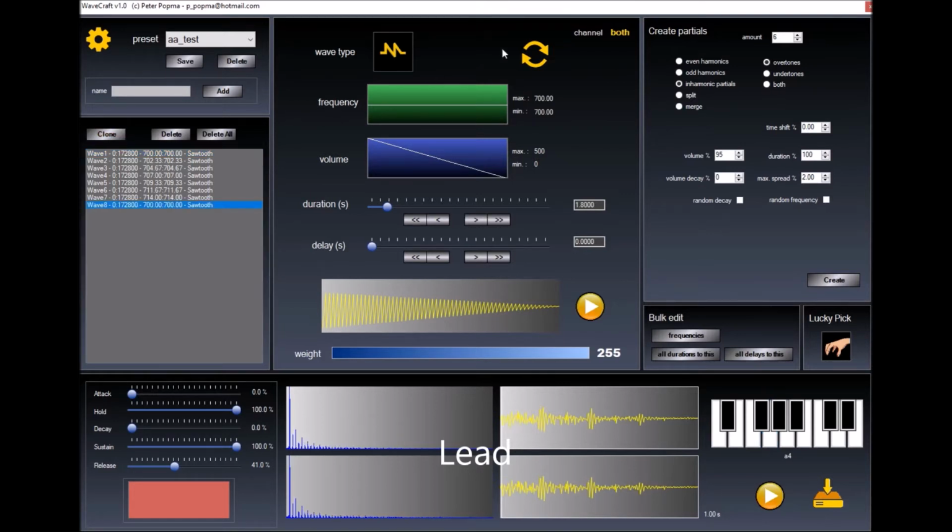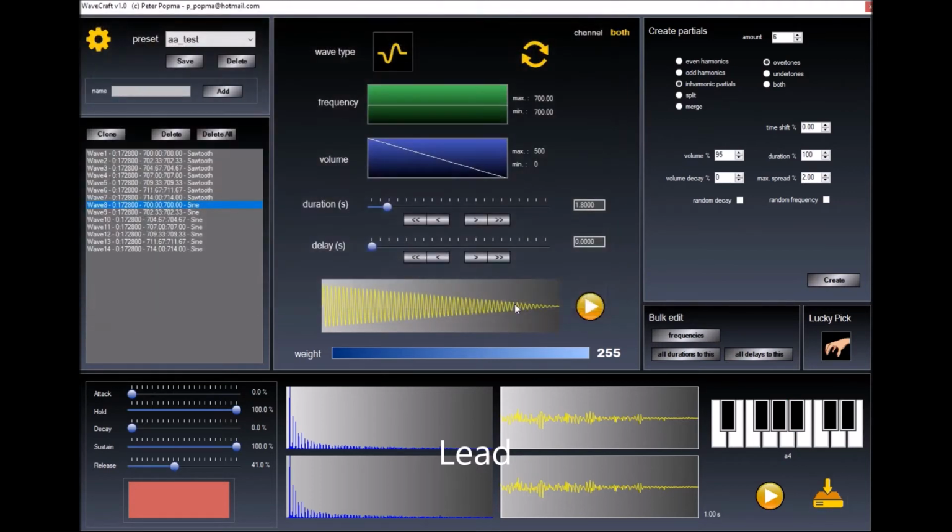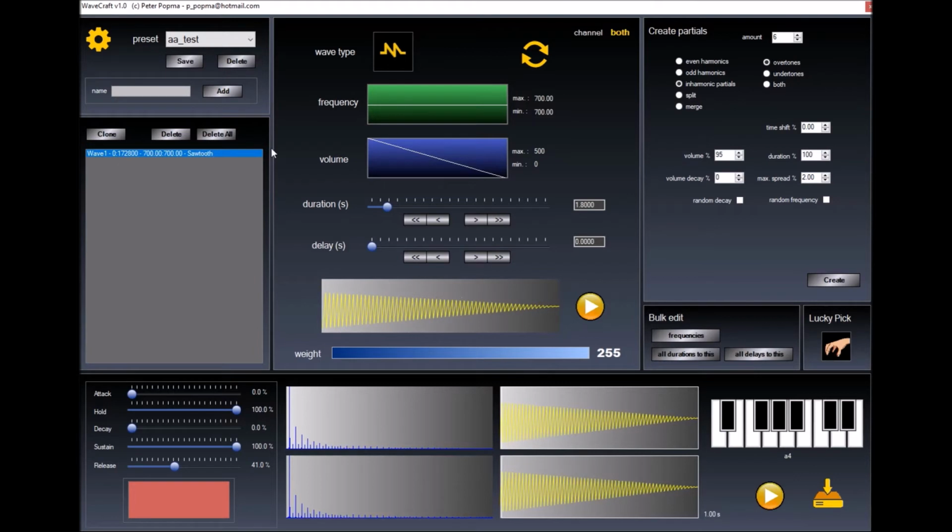Also we're going to clone this sawtooth and make it into a sine wave, and then we're going to repeat it, creating the inharmonics to make the sound even more rich. I'm going to save this to disk and move on to the next instrument, and that's going to be